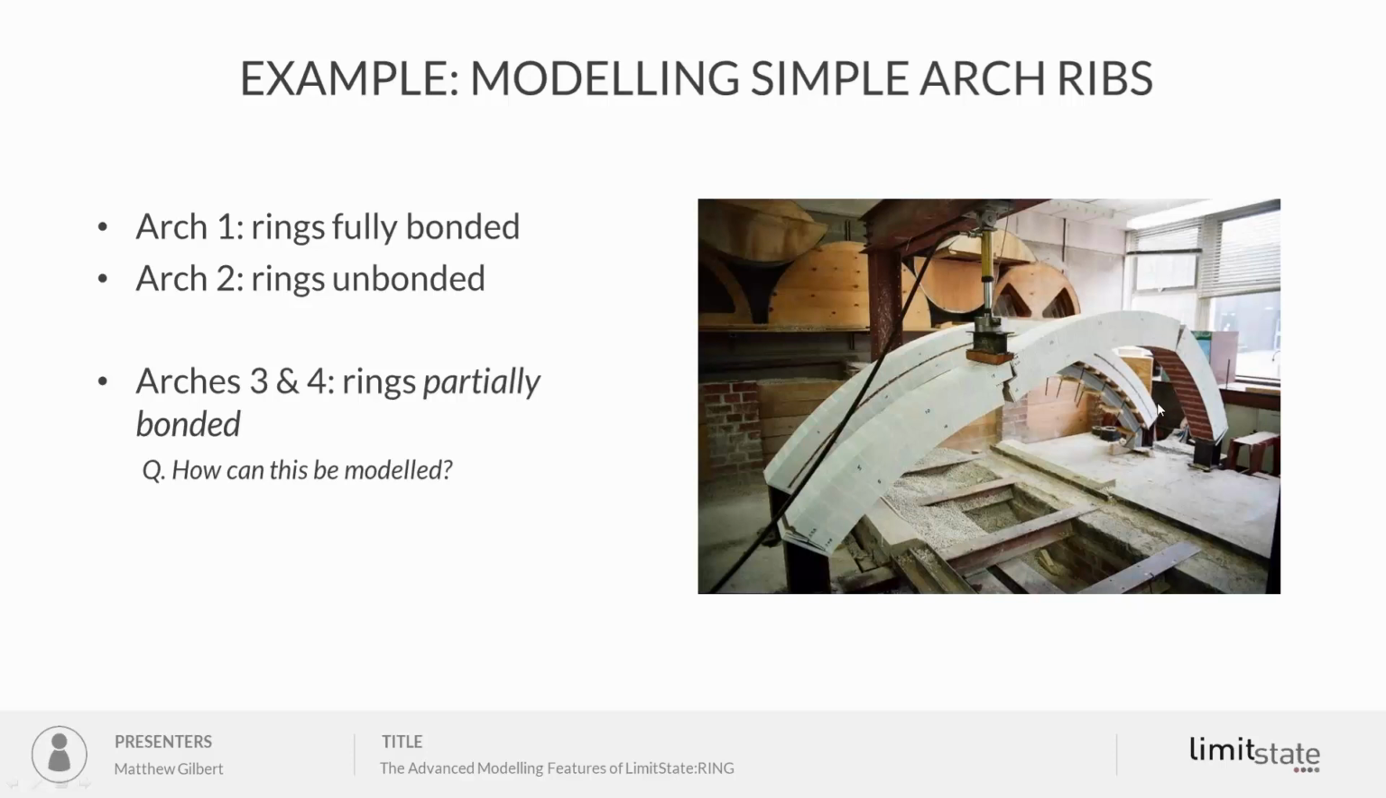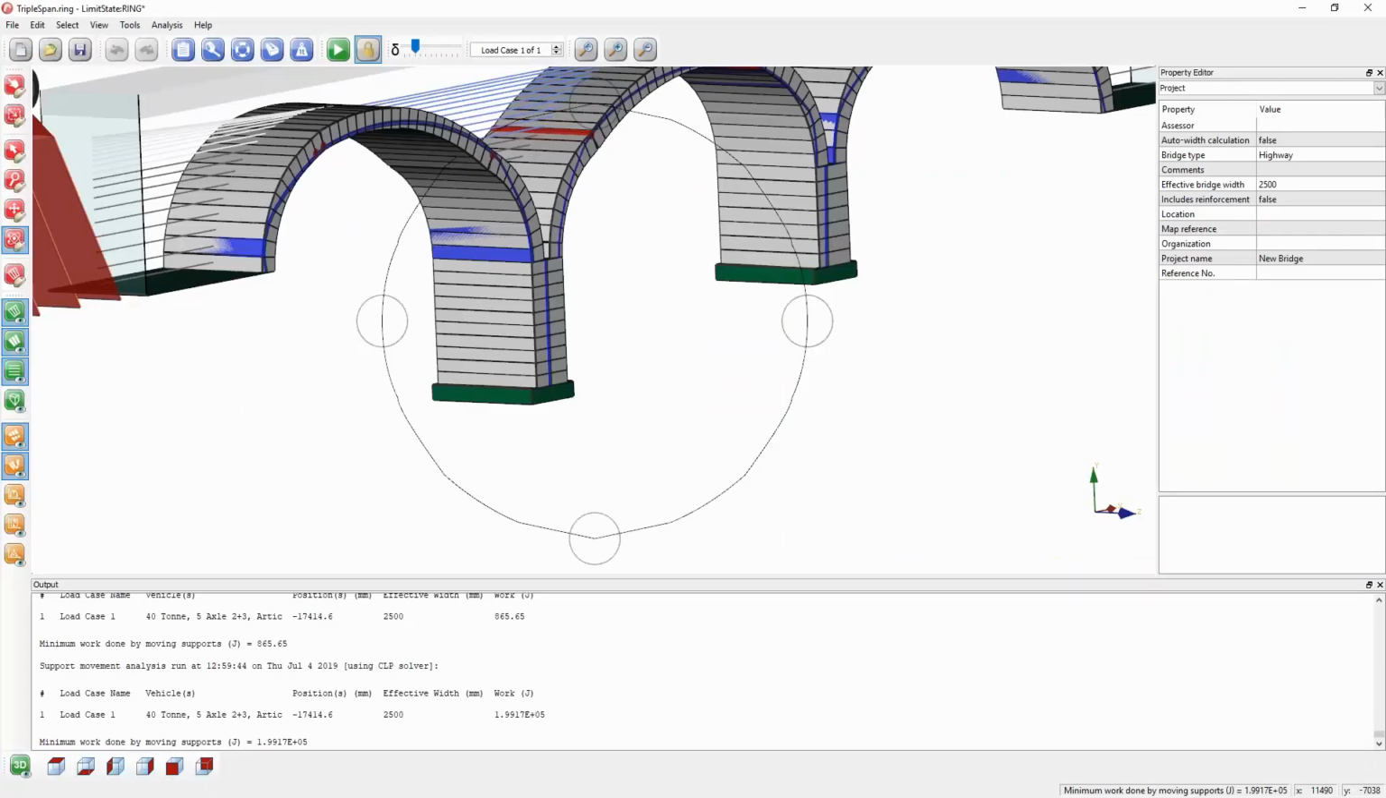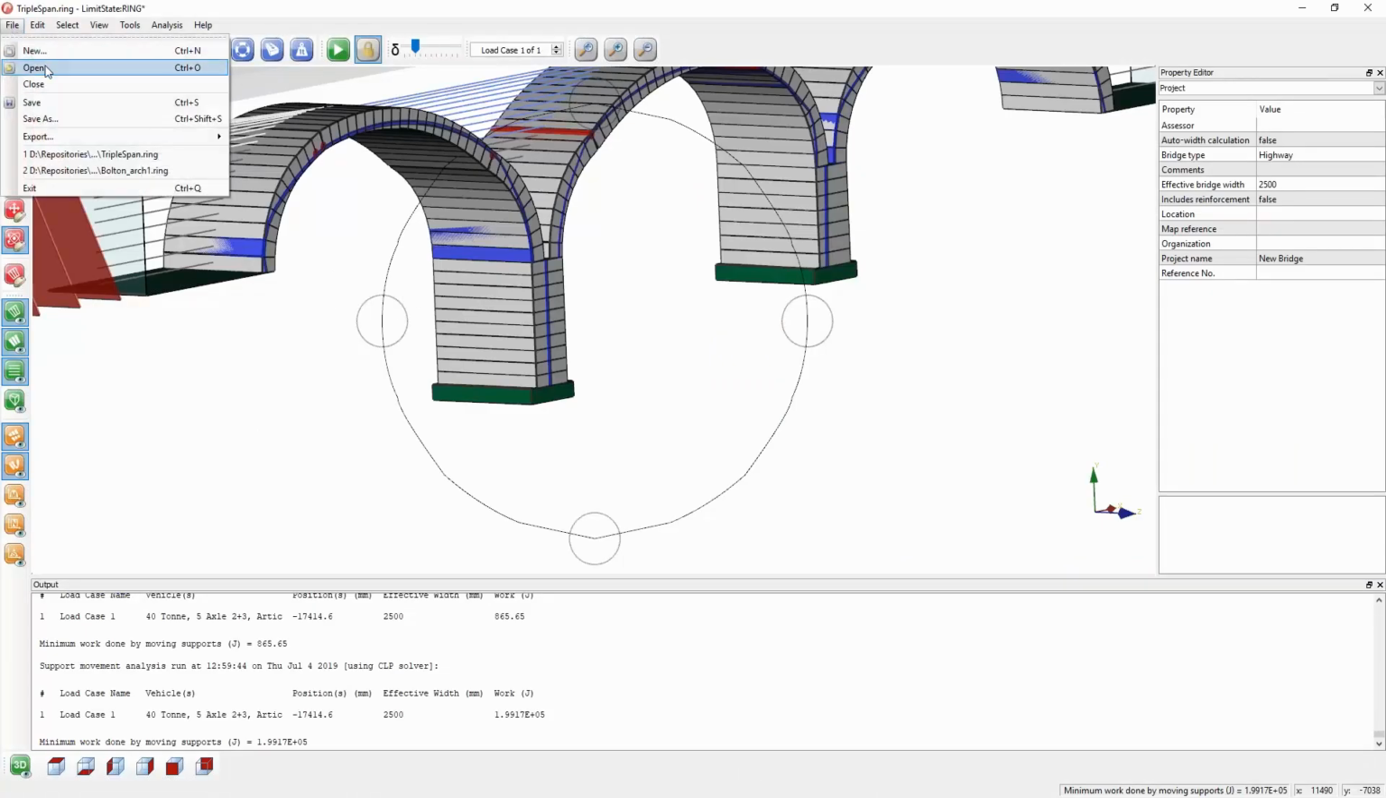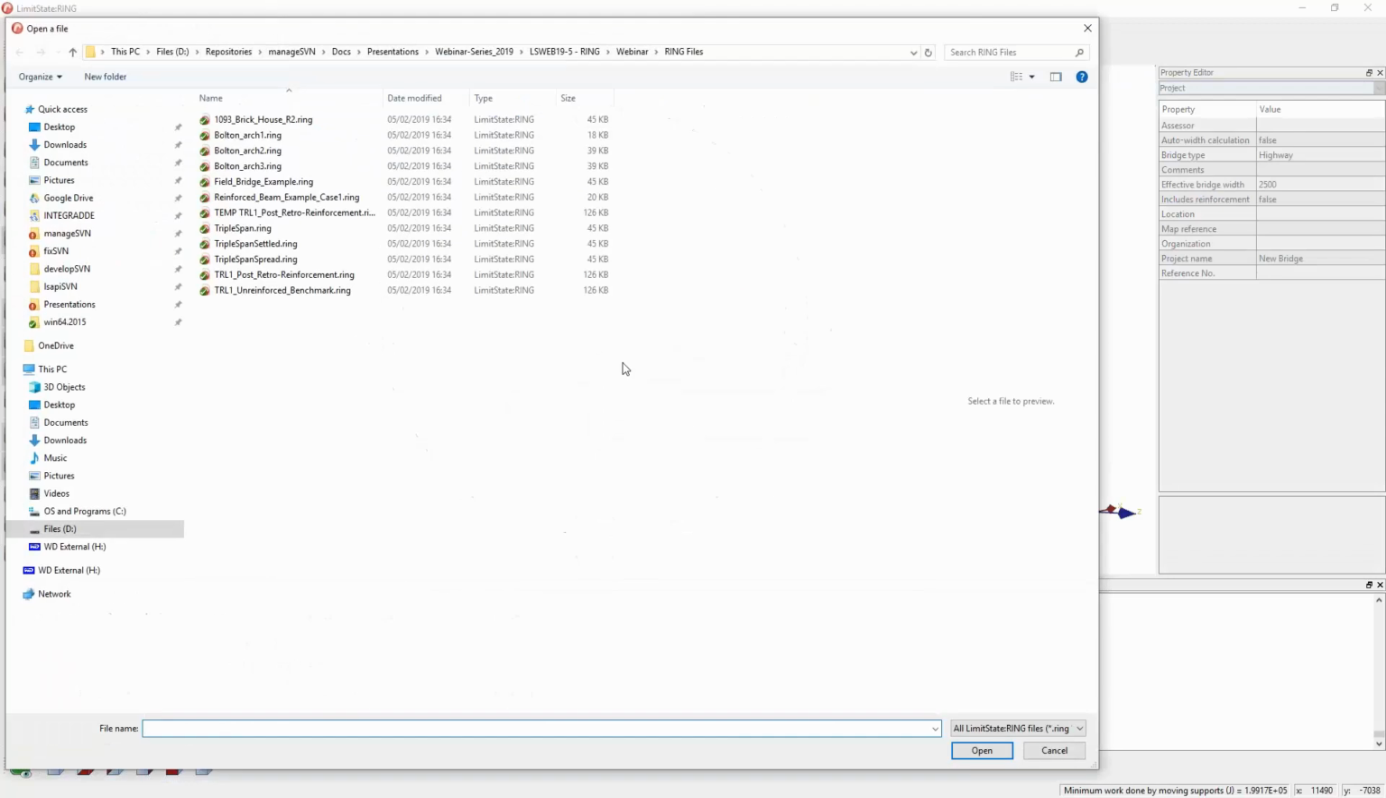Got a little benchmark example. This is a series of small arch ribs that we tested in the lab some years ago. In the case of arches 3 and 4, we had partial ring separation. We go back to the software and open the